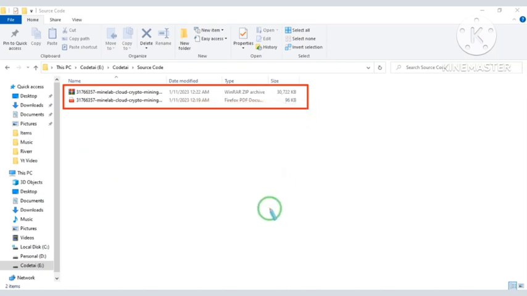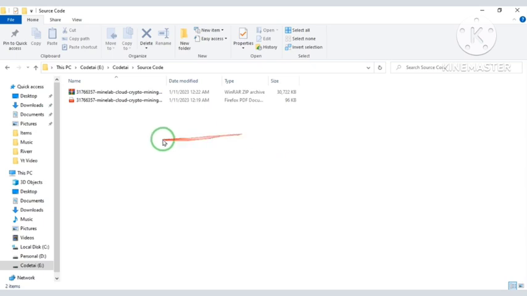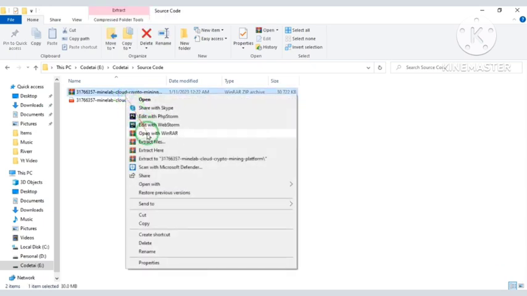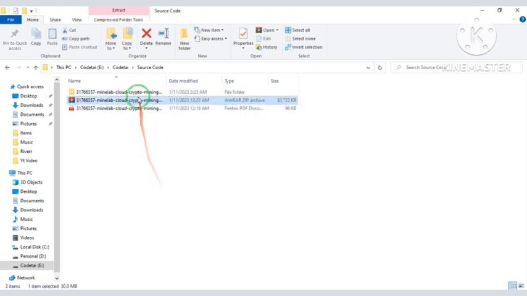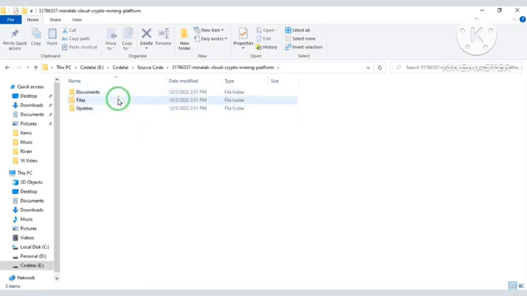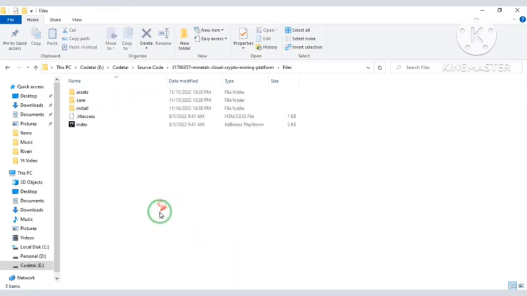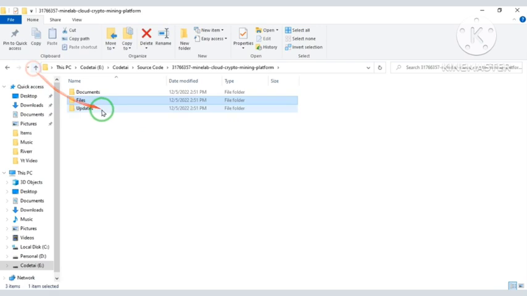After purchasing the source code, we will be provided with a zip file and a PDF file. We will now extract this zip file. Then convert all these files into a zip file.